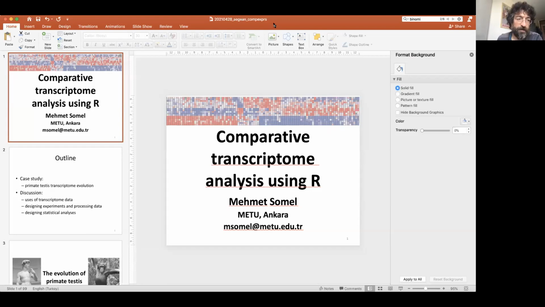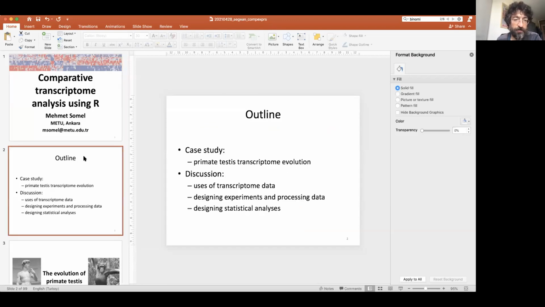And the lecture will be in two parts. So first, in an hour or 1.5 hours, I'm not sure, it will also depend on you, because we could try to do this interactively. We'll be studying a piece of transcriptome data. In fact, two pieces from two different studies. I joined them and study questions about primate testis evolution.